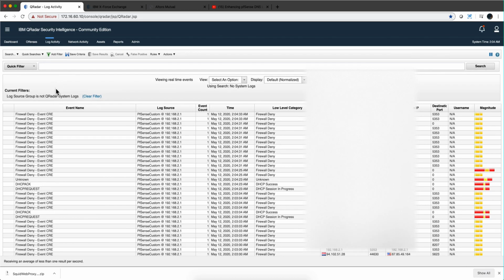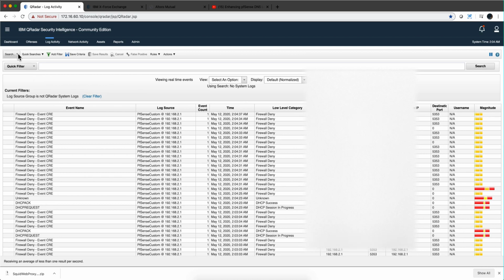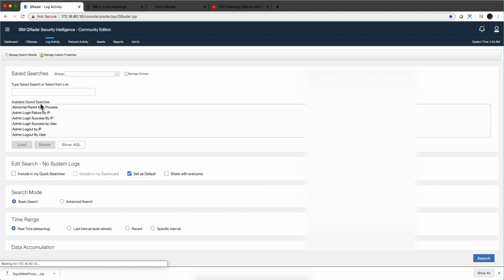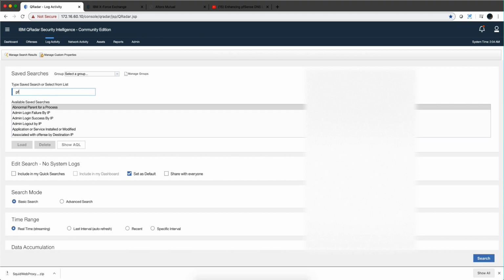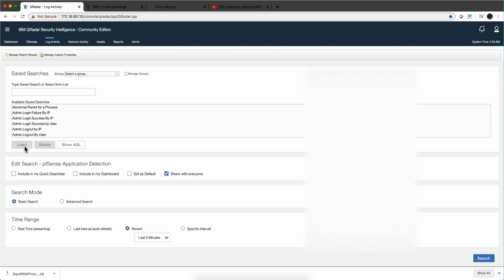Finally, remember that there were a bunch of searches that Polo put in here, like 10 of them. So if we click here on their search, Edit Search, because they have not been added to my quick view. If you put here pfSense, you should find all of them. So let's look at, for example, this application detection. What you need to do is load that search,